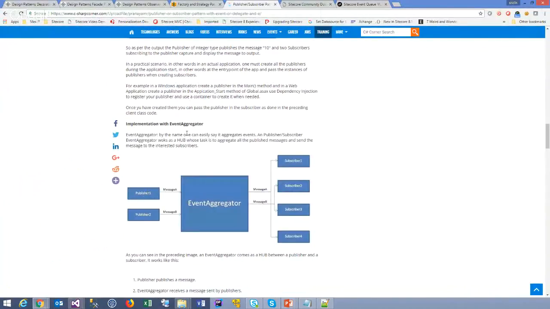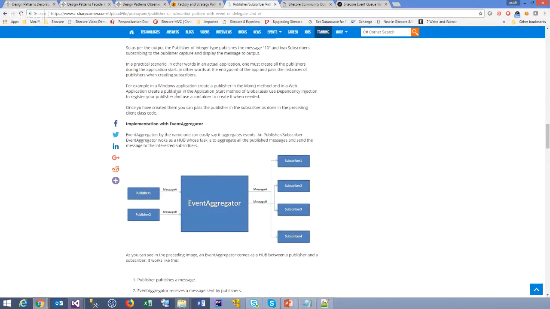using event aggregator. There are some issues with the event and delegate method, where there is a lot of coupling between publisher and subscriber. The subscriber needs to have that delegate object and then needs to delegate the events. And if there are different kinds of publishers and different kinds of subscribers, then you need to create those kinds of publishers. So those are some limitations of that,